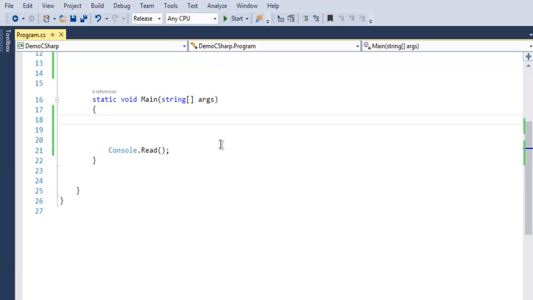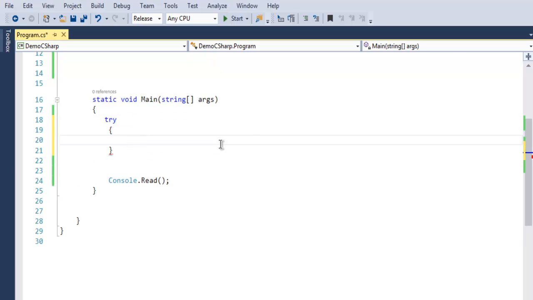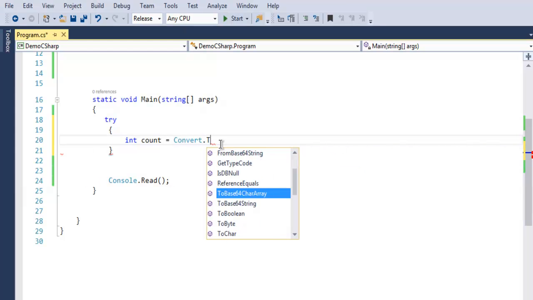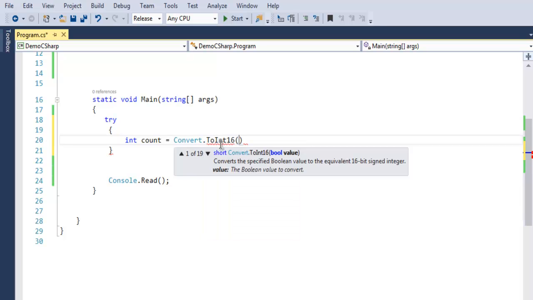So let's say I want to try to convert a string into an integer value, and I want to check whether a particular type of exception occurs or not. Okay, so let's use the keyword try to check this part where I'm converting, let's say, integer count, and I want to convert to Int16. Okay, now here for this method we are going to give some